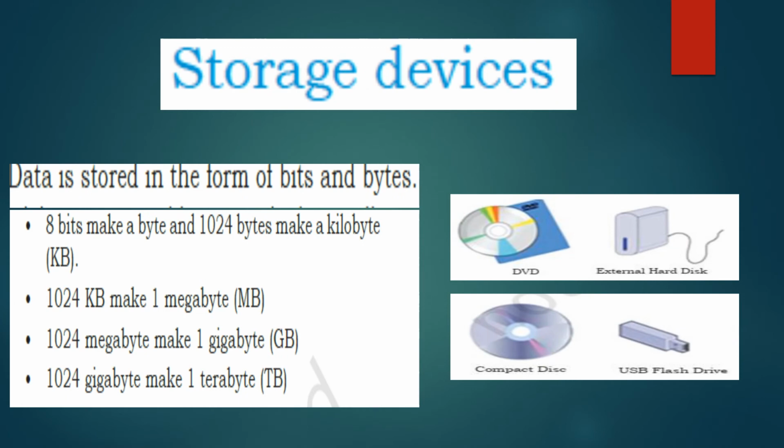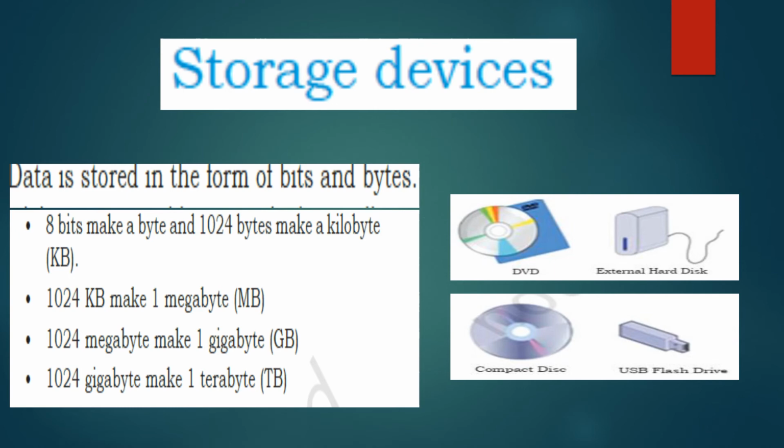Storage devices. Suppose you want to transfer files from one computer to another, you need smaller storage devices which you can carry easily from one place to another. These storage devices are used to store digital information. The commonly used storage devices are USB, flash drive, hard disk, CD, DVD, etc. They mainly differ in their storage capacity. You may have heard of a computer with a data storage capacity of 500 MB to 2 GB.